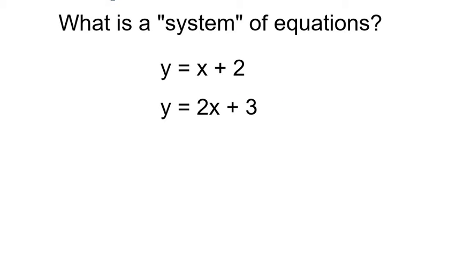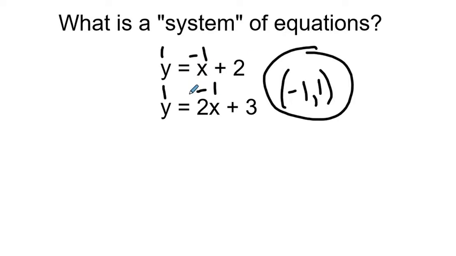But there is one solution to both of these equations, which is (-1, 1). So if x is -1 in this one, -1 plus 2 is 1. And if x is -1 in this one, -2 plus 3 is 1. So this solution works for both of these equations, which means that this is a solution to the entire system of equations. Now we can do that algebraically, but an easier way to do it is actually to look at